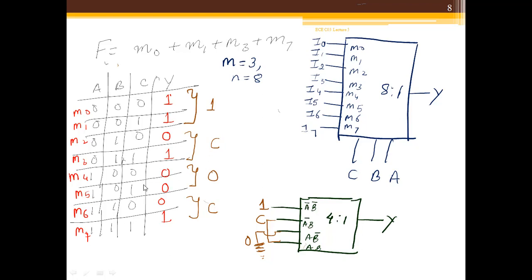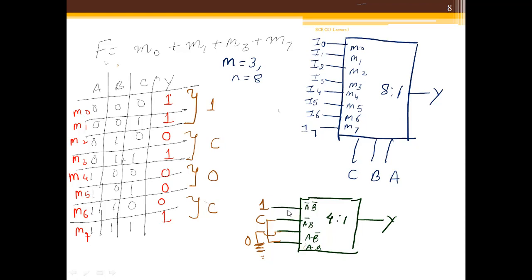Similarly, for the next two rows, which represent the value of my select lines or control lines as A B bar, again output is going to be 0 irrespective of the status of C. For the last two rows, it is going to be C. So simply corresponding to each, I can connect whatever is my finding here.